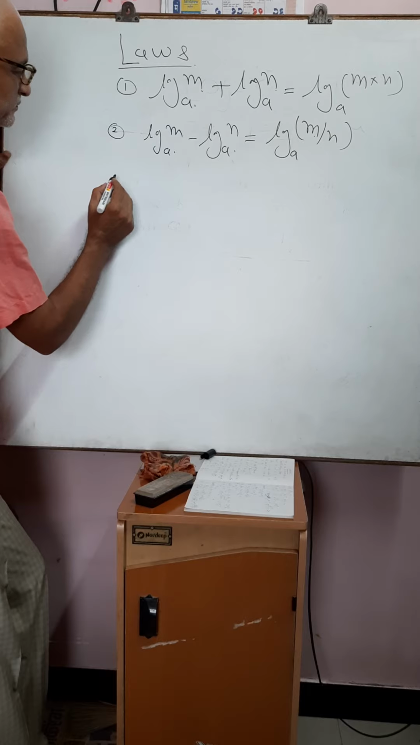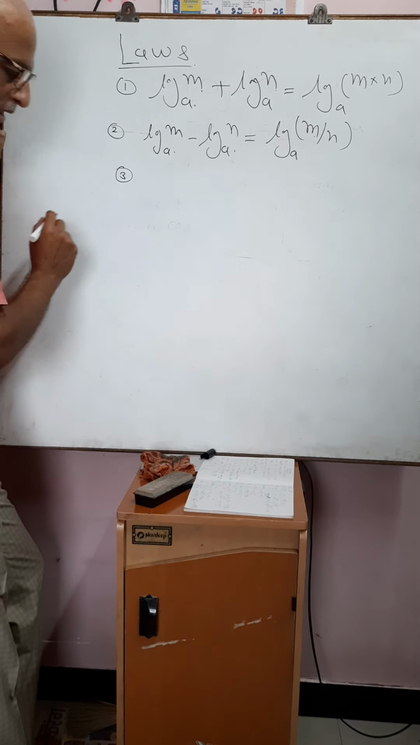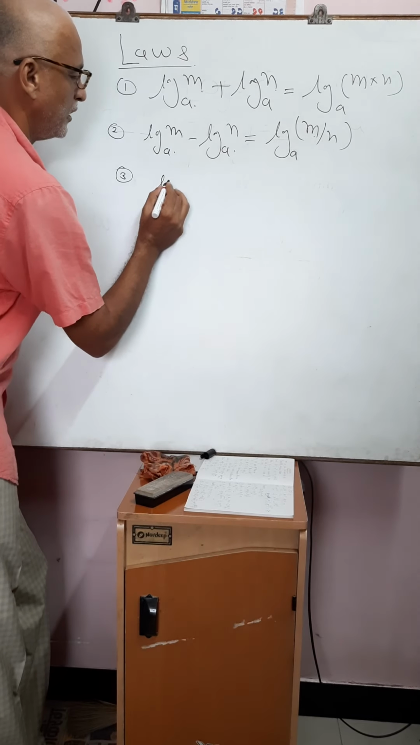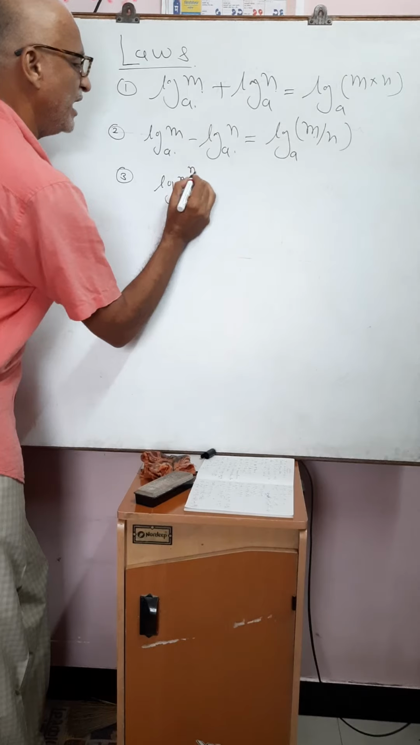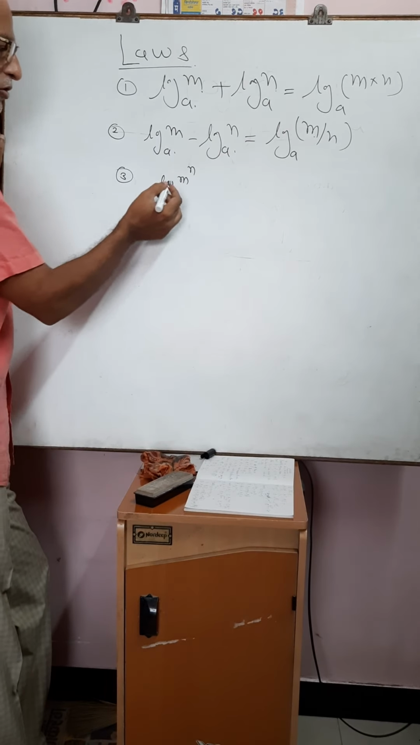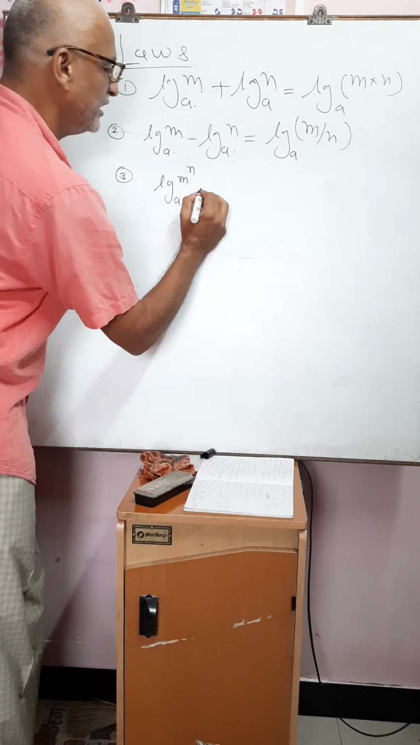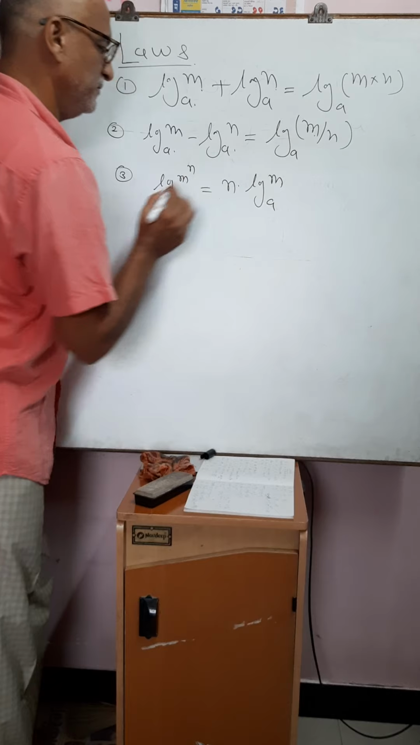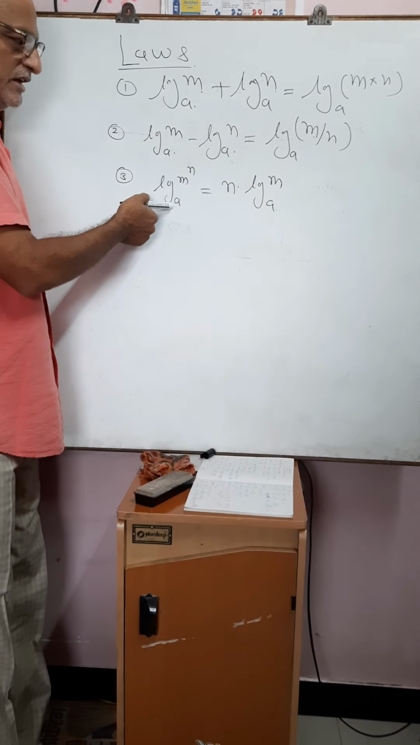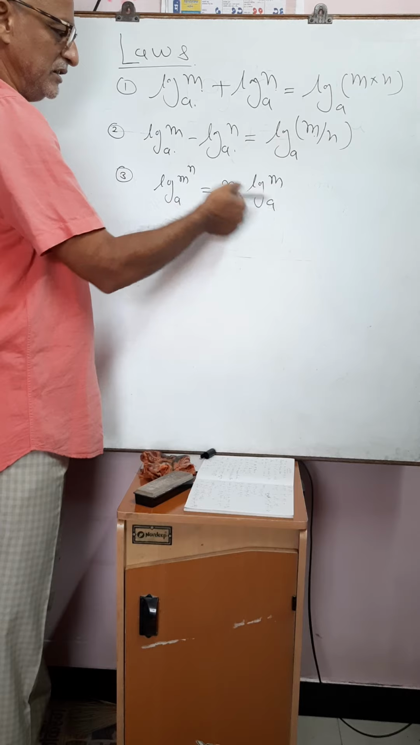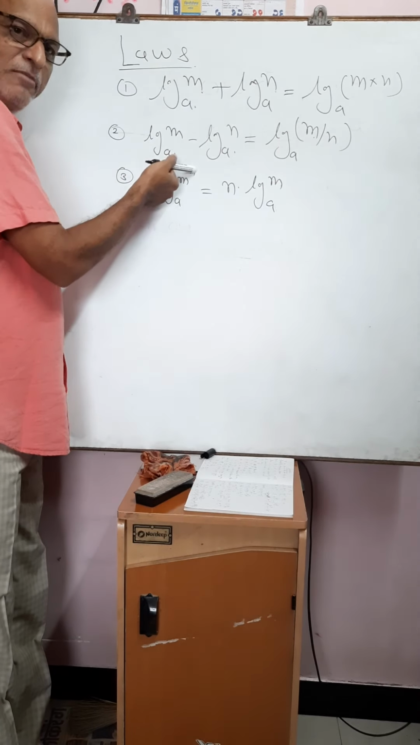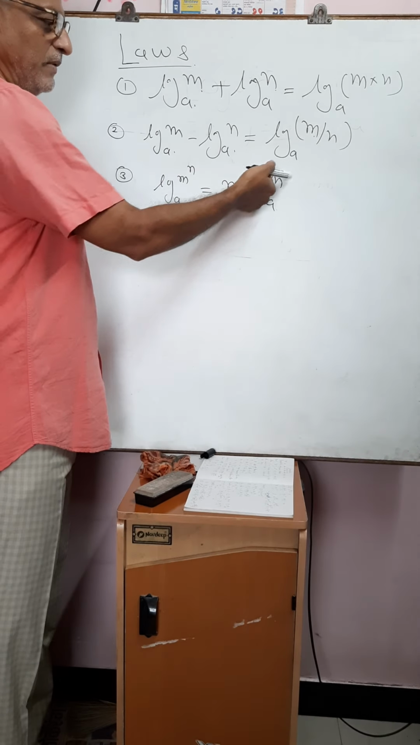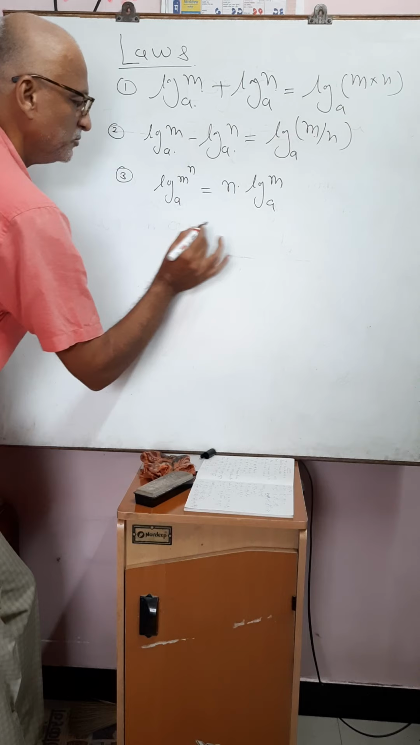The third one, log of m raised to n to the base a, that can be written as n into log of m to the base a. Log of m raised to n to the base a is equal to n into log of m to the base a. That means this index of m comes out as the coefficient, so n into log of m to the base a. For example, I write here, suppose there is